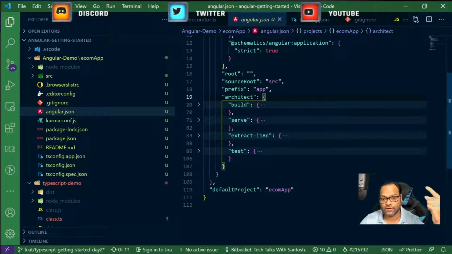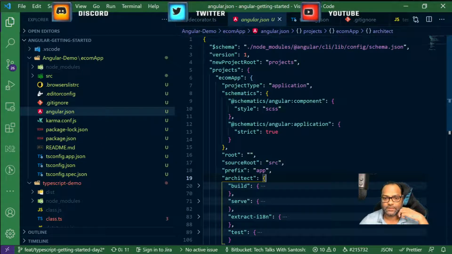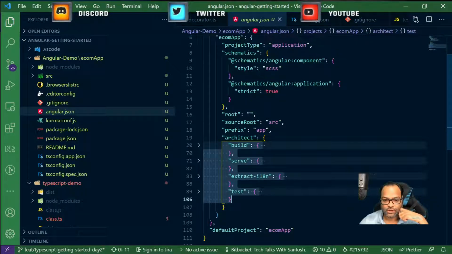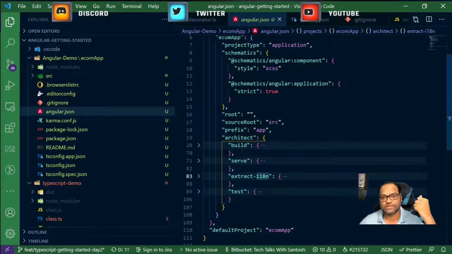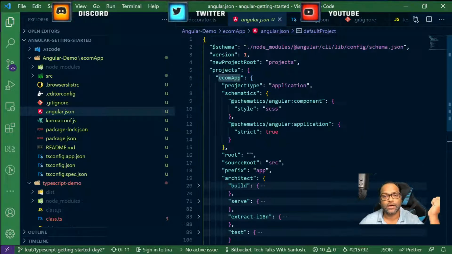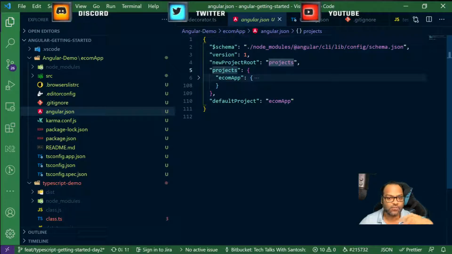Angular.json is actually the Angular configuration file. Remember, Angular.json will contain the list of all the projects you have and all the libraries you have. It will also tell you what kind of project this is. For example, ecom is an application project, and it shows the different options or commands it can have: build, serve, extract-i18n, which is related to internationalization, and the test command. It also tells you the default application you have. In case I add more, it will just make an entry inside projects.